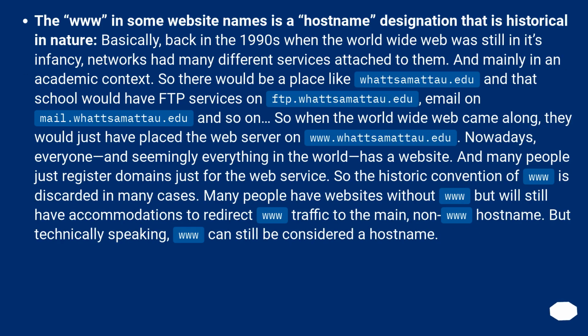The www in some website names is a hostname designation that is historical in nature. Basically, back in the 1990s when the World Wide Web was still in its infancy, networks had many different services attached to them, and mainly in an academic context. So there would be a place like watsamatau.edu, and that school would have FTP services on ftp.watsamatau.edu, email on mail.watsamatau.edu, and so on. So when the World Wide Web came along, they would just place the web server on